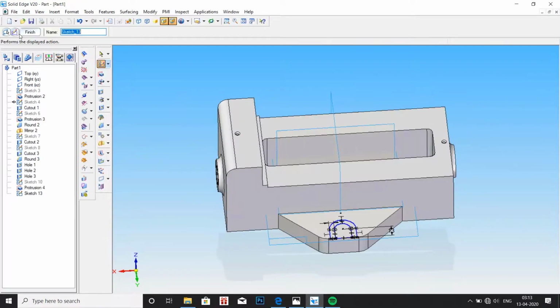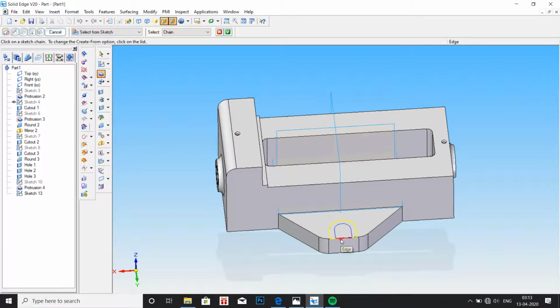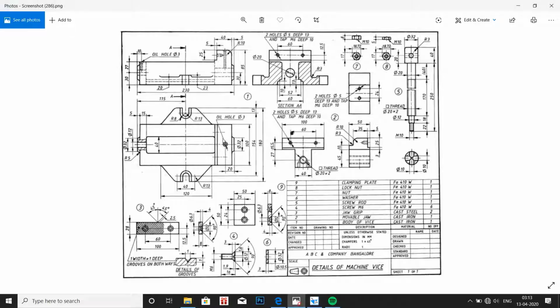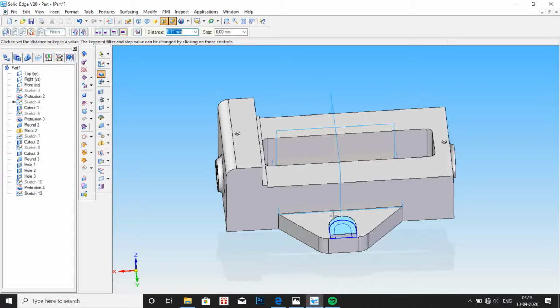Now click on return. First let us give the protrusion to the outer profile. Select the outer profile and this line here and give the protrusion as 3 mm, which we can see in the drawing, where we have two values, that is 23 and 20. So here we have to give 3 mm of protrusion. Enter 3 mm.